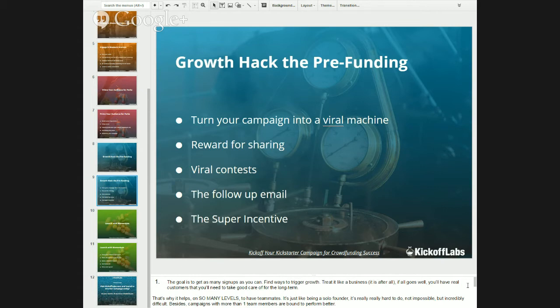Find ways to trigger growth. That's basically the way to do it. You need to find ways that'll incite user growth, that'll incite people to sign up like never before. You need to treat it like a business, because it is, after all. If all goes well, you'll have real customers that you'll need to take good care of for the long term,